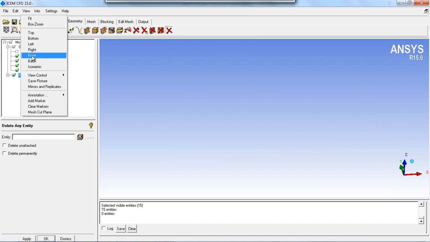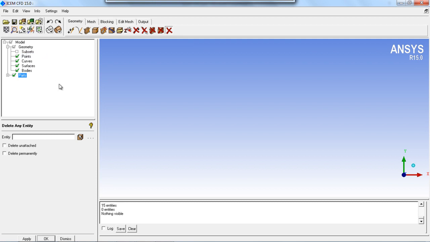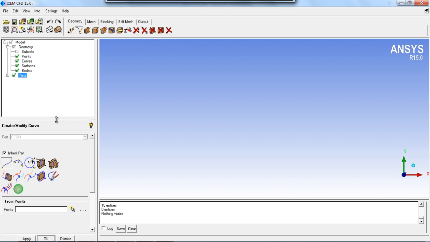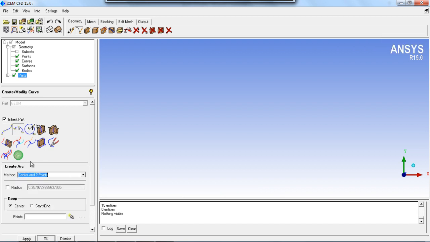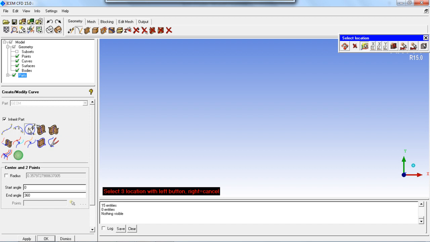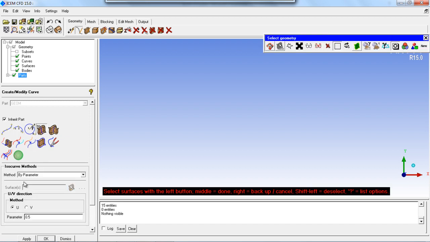Again choose the view at the front, maximize and fit the window. In the create modify curve, you have the option of creating the simple curve from the points, or the curve from the 3 points, or the circle from the center and 2 points. You can get the isosurface.